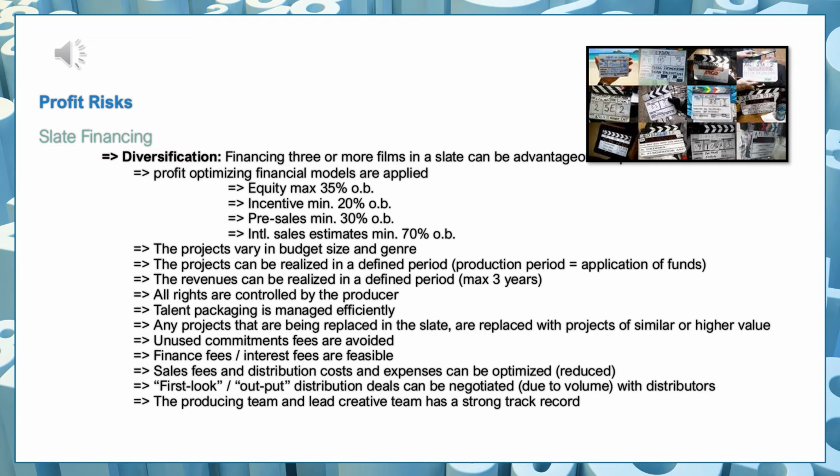So I will not invest more than 35% in equity in my slate with a finance plan that includes a senior loan of about 20% for gap. I will make sure that for the slate, all films have a 20% non-recoupable finance component in there, which could be through an incentive or another non-recoupable finance source. I will also make sure that the slate financing requires that any film in the slate must have pre-sales of at least 30% of the budget.